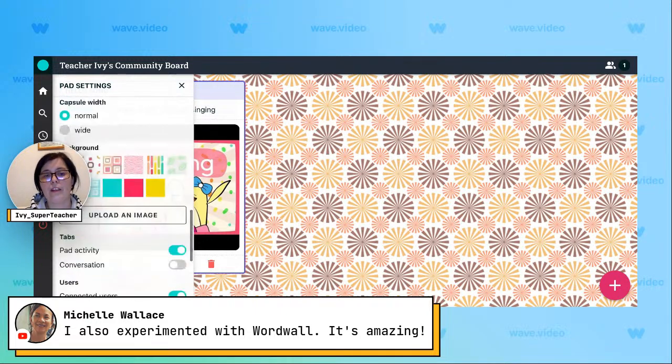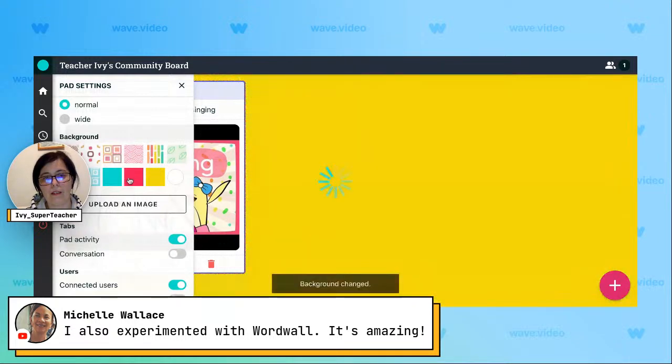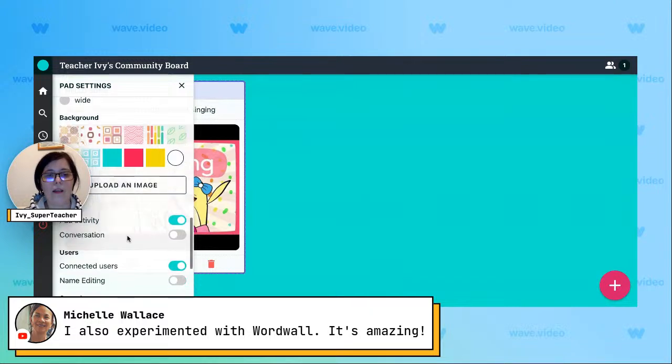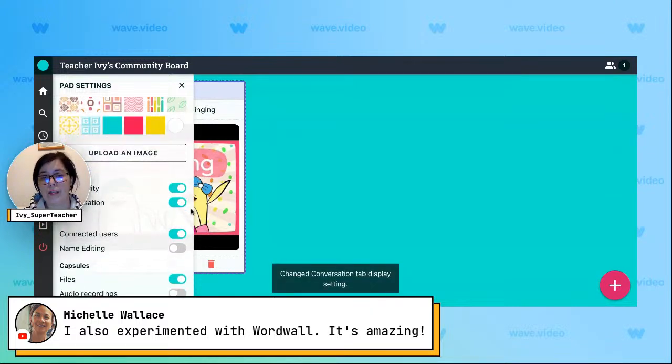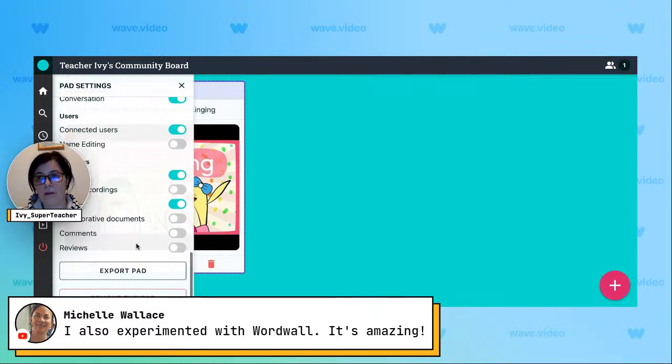The display, and here is the background. If you're teaching kids, maybe something more kids friendly or clean like that, or just white. I mean, you can pick the color and so on. And then here you can enable interactivity, like conversation, who can interact with it, connected users. Do you allow name editing, or you want them named as they come? If they're your SuperTeacher students, then maybe it's better to not allow name editing here. If you're selling and building your course on SuperTeacher,